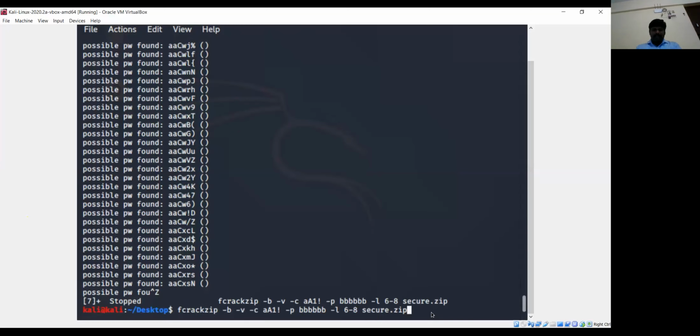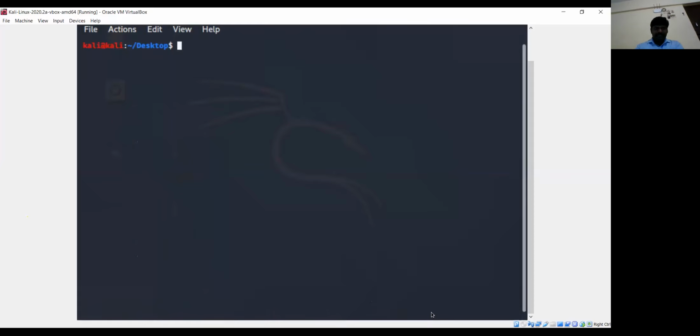The other command is for when you want to fetch the actual password. The same command can be written as fcrackzip minus b minus u minus c a l minus l 4 8 secure.zip.